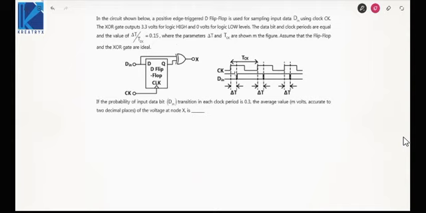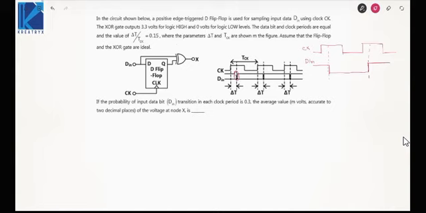Now the waveform of Din is shown like this because Din can go to 0 or it can stay at 1. The probability of transition is 0.3. So suppose this is your clock pulse, let us assume that Din makes a transition. Din will make a transition at delta T after the clock edge. So if it is 1, it will become 0. If it is 0, it will become 1. Later on, I'll make use of probability.